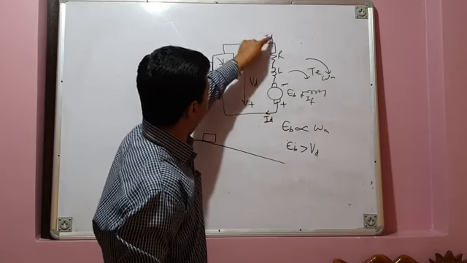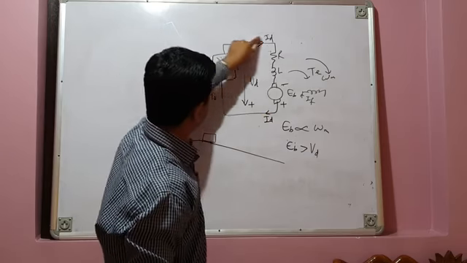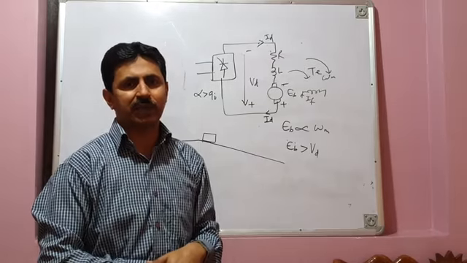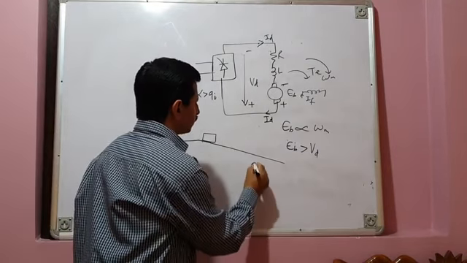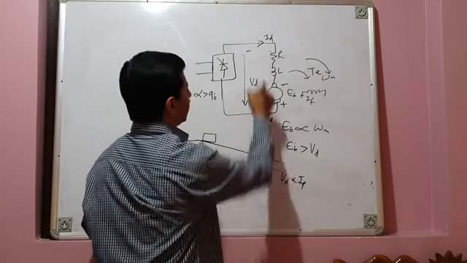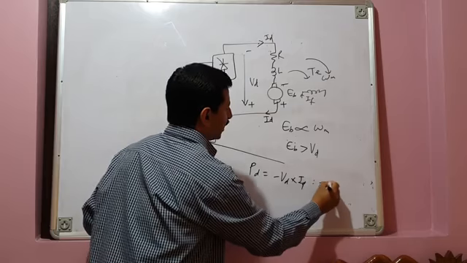As far as direction of current is concerned, it flows from anode to cathode. The direction of current does not reverse. What reverses is the polarity of the voltage. Now what is your power? Load power is voltage into current, and since the polarity of voltage has reversed, it's minus, so load power is negative.